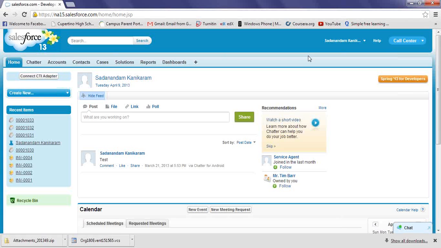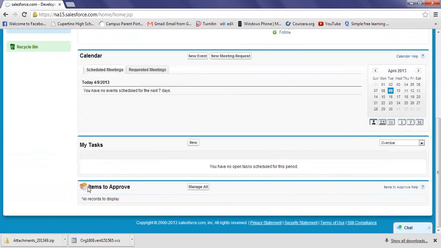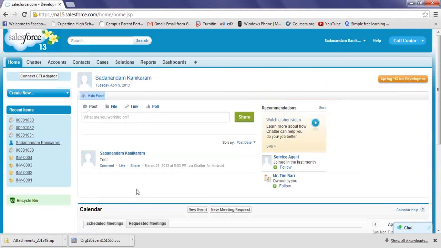When I say route, it means, let's say if it is 20%, right? Automatically it comes to you. The moment you say, okay, I'm fine with it, the record will be visible to Bhaskar. So without him doing anything, either you will get an email notification, or, as I said, on this home page, there is a section called items to approve. You see here, right? Under this, it will show the items to approve for Bhaskar or any user. So that is how it will be done.